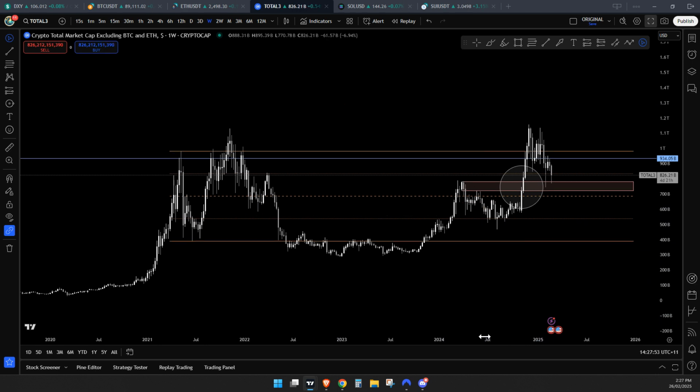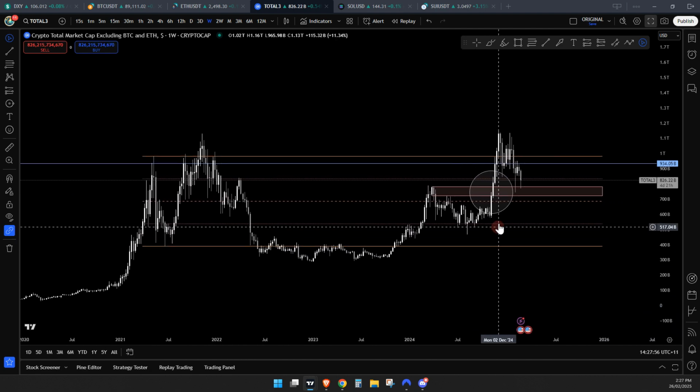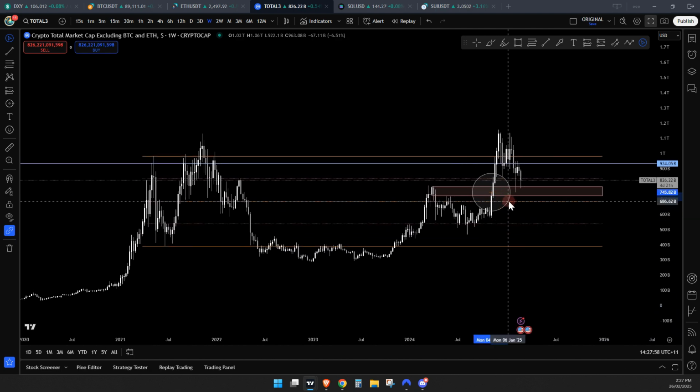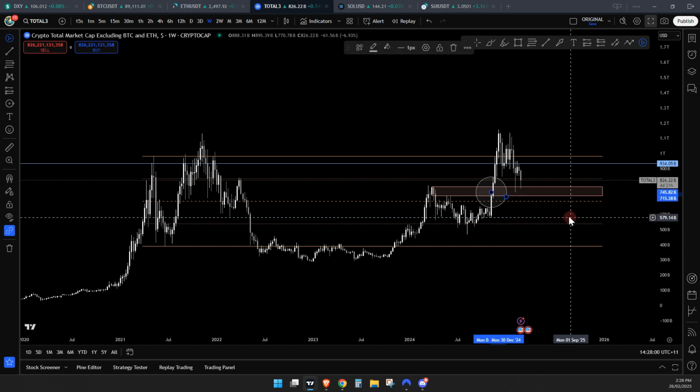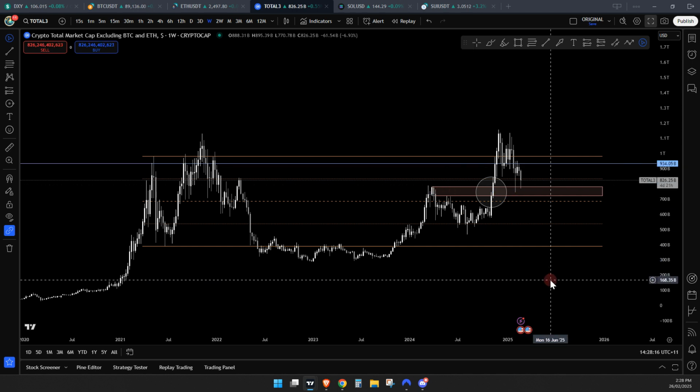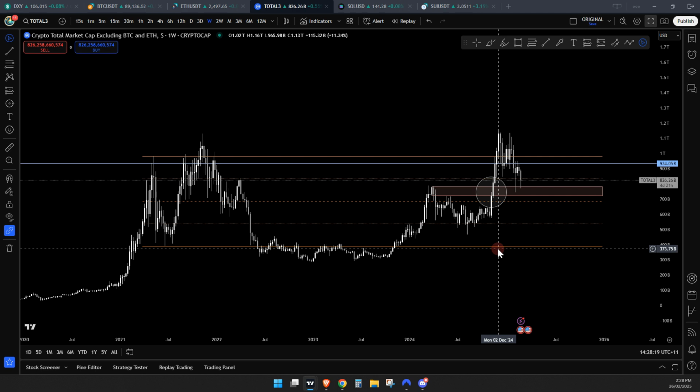Now, with Total 3, right? It doesn't matter what chart you're looking at. It's not like you can buy a coin that's called Total 3 and trade Total 3. Total 3 is made up with a bunch of coins. Yeah, it's like an index. It's made up of a bunch of different things. So Solana, Sui, XRP, whatever you want, as long as it's an altcoin, it's a part of this. It still behaves the same way in terms of just chart analysis. There's still candles, there's still order blocks, there's still inefficiencies, and this